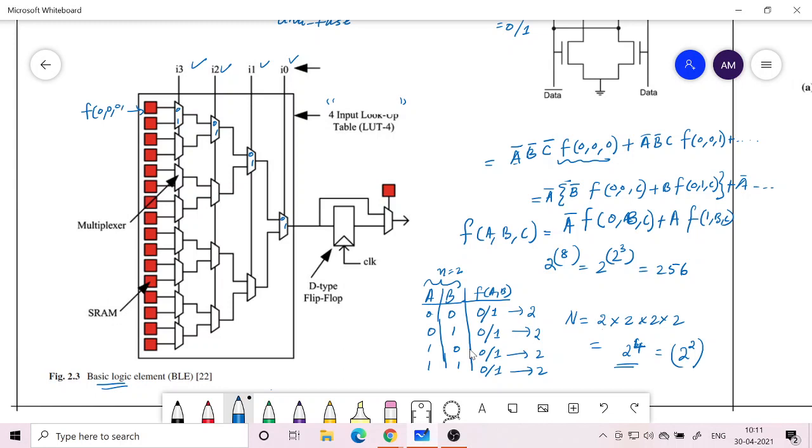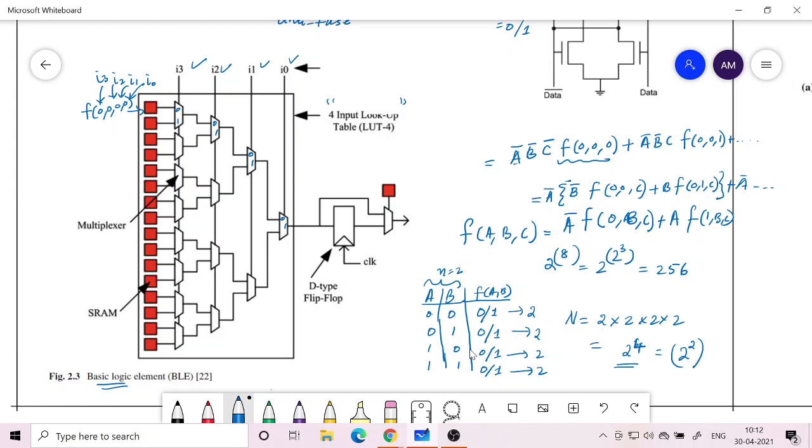So if I write it in terms of 4 input variables, where this is your I3, I2, I1 and I0, all of them are 0 means the first whatever is stored. So here there will be a 0 or 1 depending upon this function truth table.